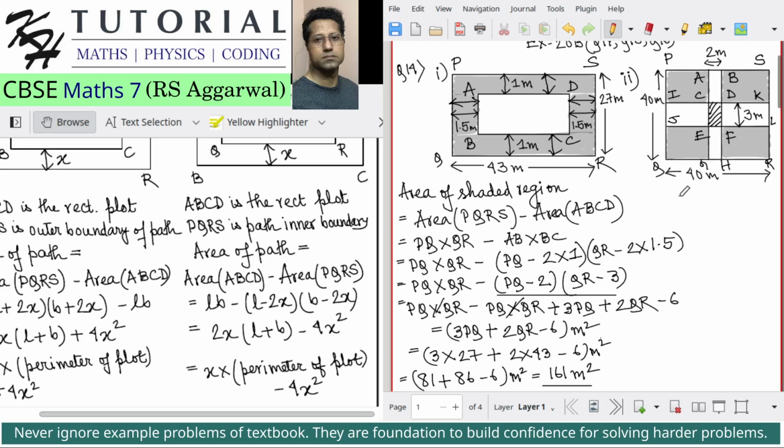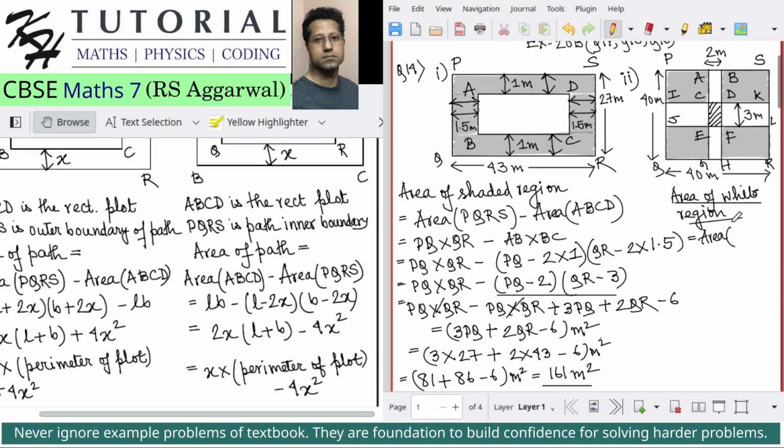Okay, so what will be the area of the white region? The concept we will apply is that we will find the area of the shaded region. It will be the area of the whole figure, that is the square, minus the area of the white region. So the area of the white region will be equal to the area